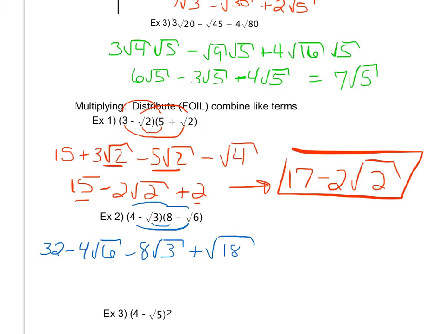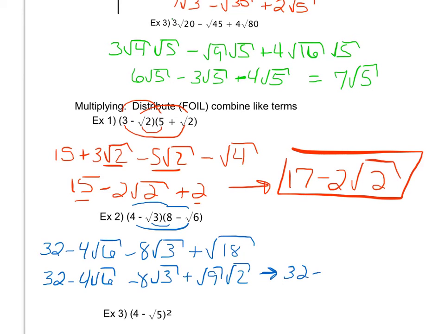So at first I might think, well, then I'm done. I don't have many like terms. But I know that the square root of 18 can be simplified. It has a perfect square in it, giving me 32 minus 4 square root of 6 minus 8 square root of 3 plus square root of 9 times square root of 2, which gives me 32 minus 4 square root of 6 minus 8 square root of 3 plus, square root of 9 becomes 3,